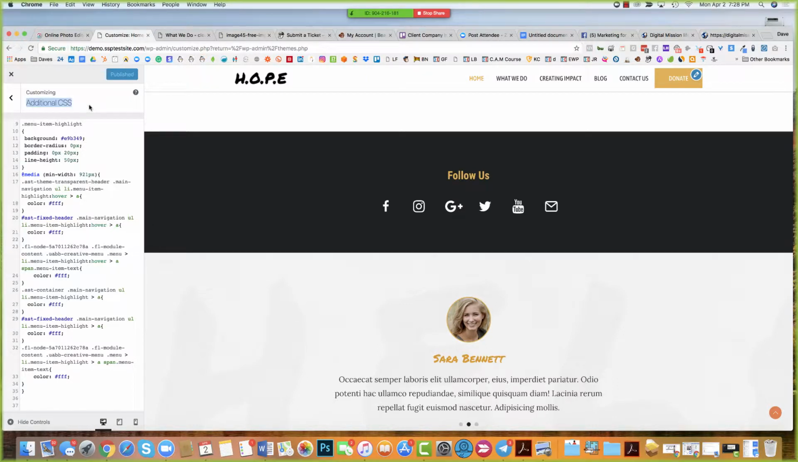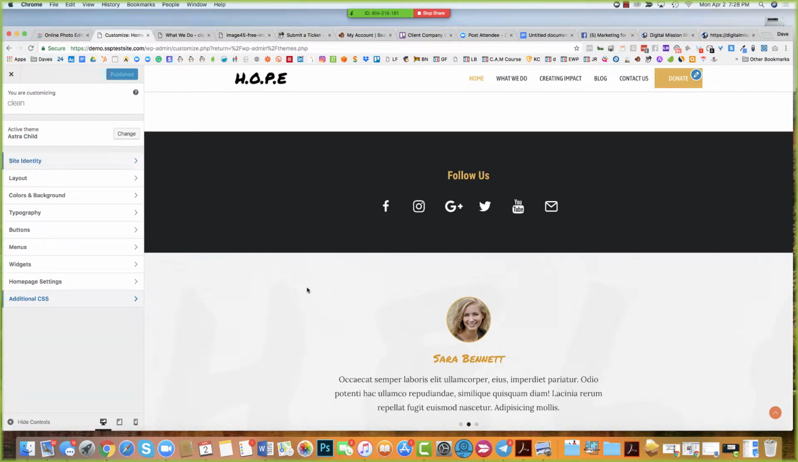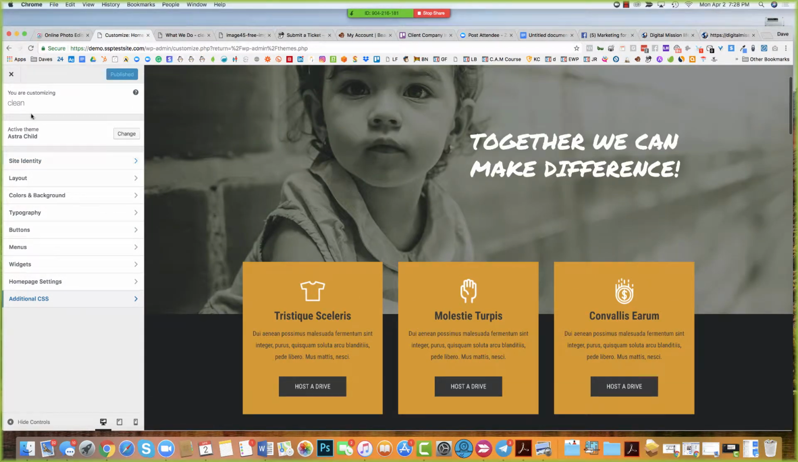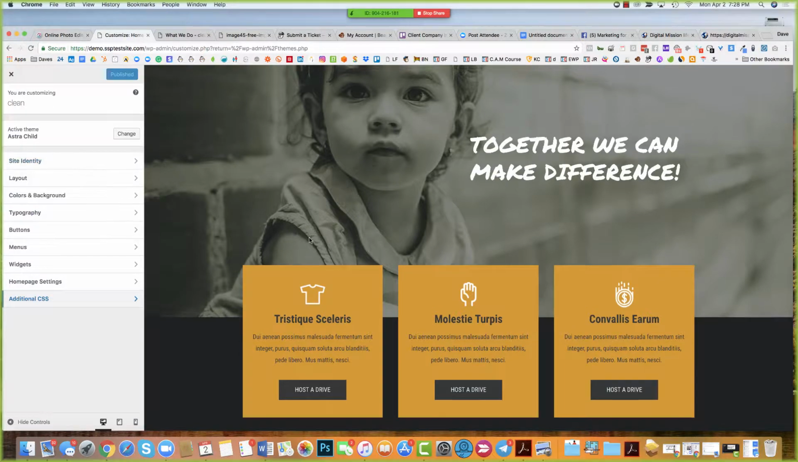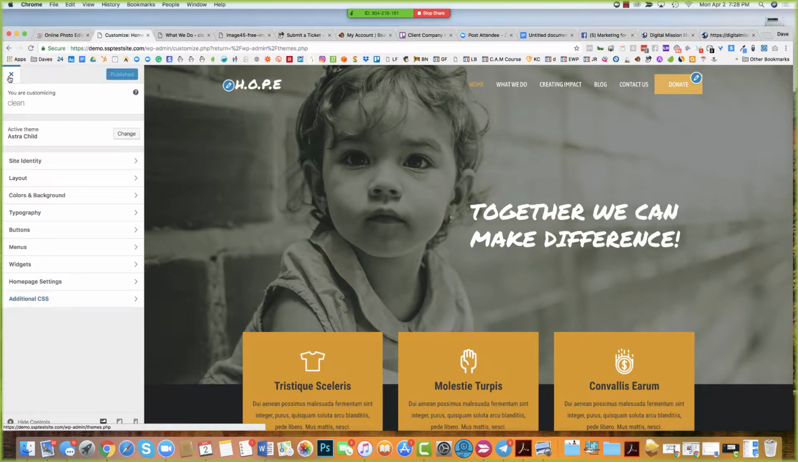And this is what I was mentioning with the child theme. If we weren't using the child theme and Astra did a big update, that's when we could potentially lose some of this stuff, which would then just break our site. So that's kind of it for the customization on the front end here. So if I close this,